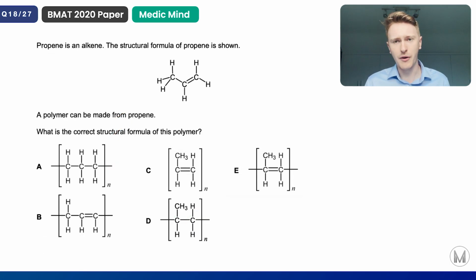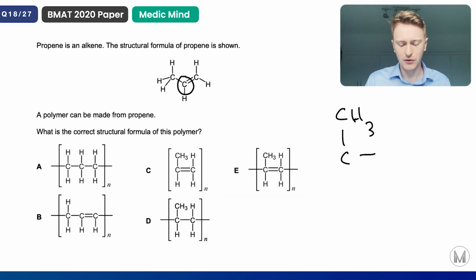Now let's look at this polymerization reaction. It's all about propene, and we're given a structural 3D format of this molecule. This should be a skill that you're readily familiar with, opening up that double bond and creating a polymer. Let's write it down. You can see here that we've got the CH3 group on the end. Then we've got a carbon atom correlating to this middle carbon atom. And then we've got a double bond to another C, filled in with different hydrogen